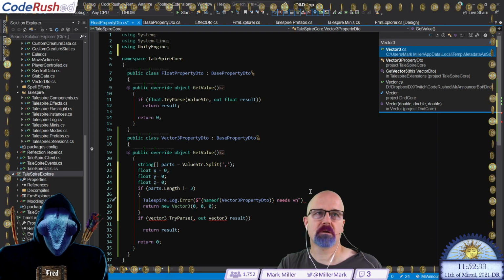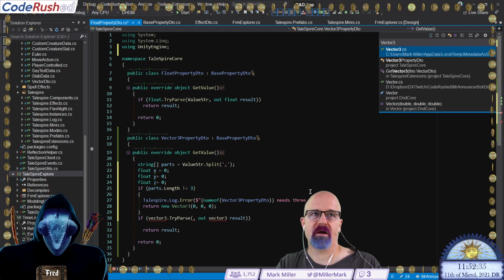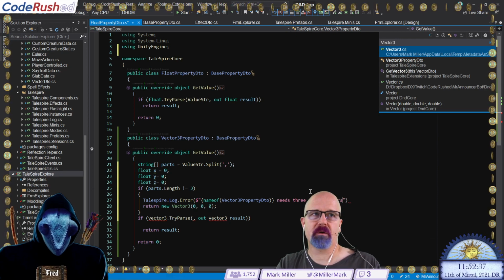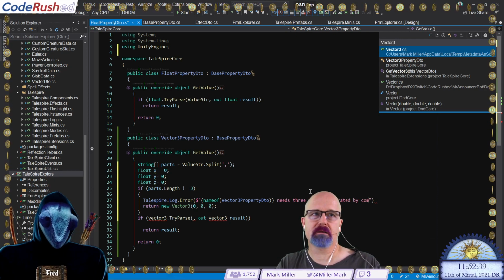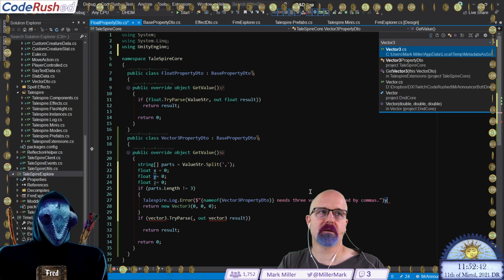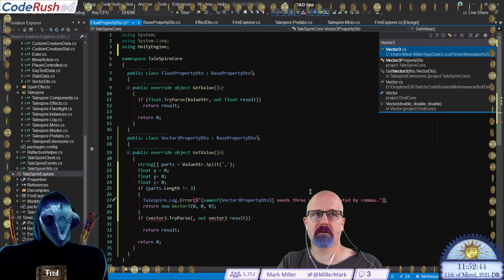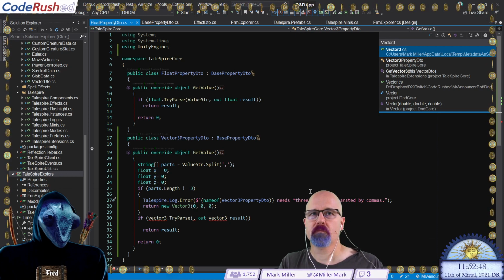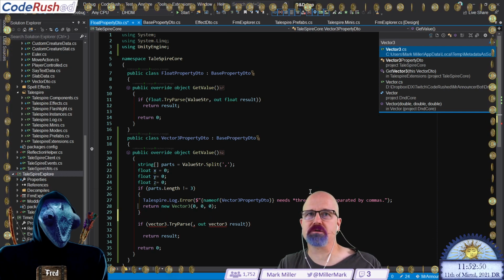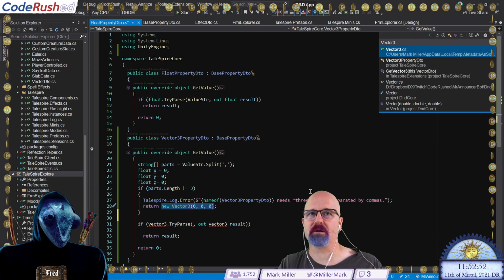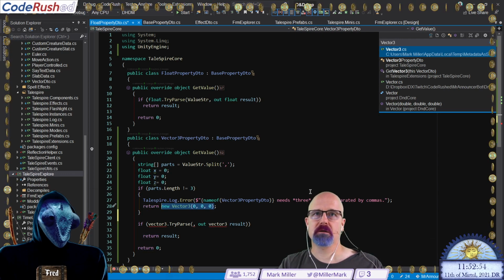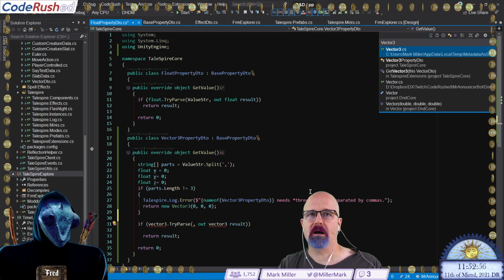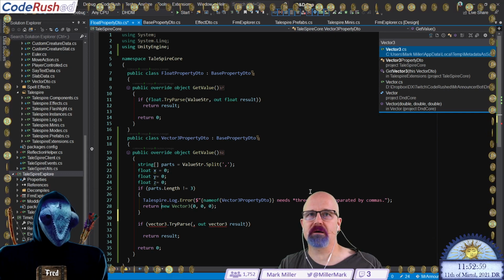Oops. 3 values separated by commas like that. Okay. All right. Still going to return something normal, so we don't bring down the whole system by assigning null to a position.